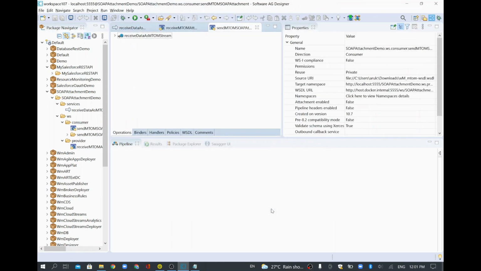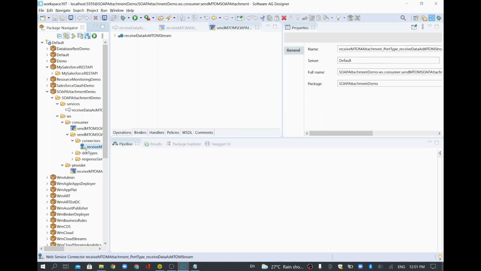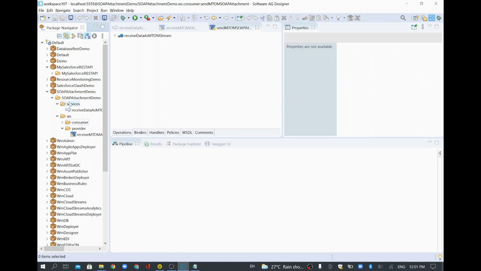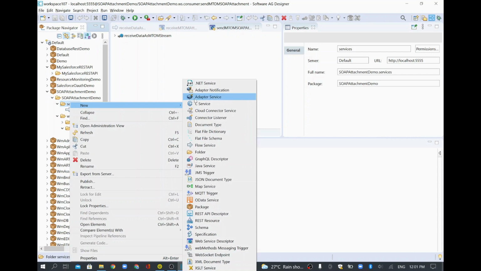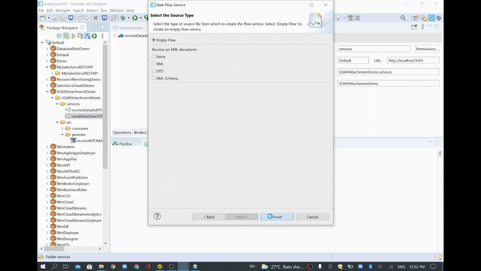This is now creating the consumer service. See here, it created document types, connectors, and everything. If you need to call any web service through the consumer, then you need to call this connector service. So I'll create a flow service here in order to call that particular SOAP-based web service. I'll name it sendAttachmentThroughSOAPMTOM, and give an empty flow.